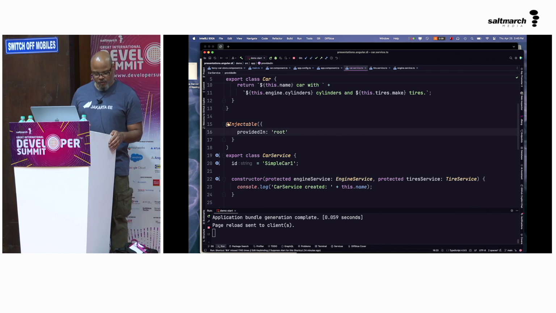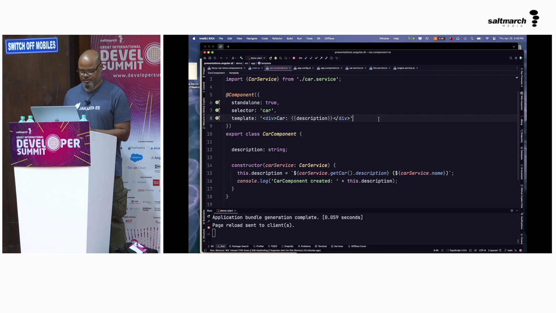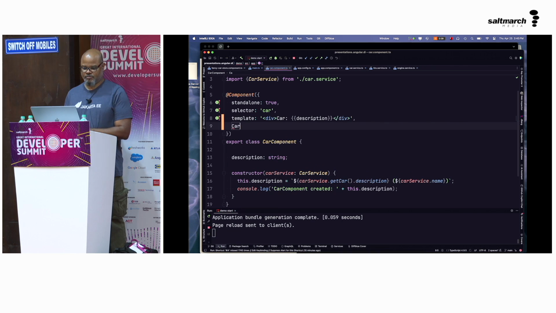Okay, so one of the key things is that we can of course change the types, right? So what I want to do is go over to my car component, and then I want to put my car service here, okay?